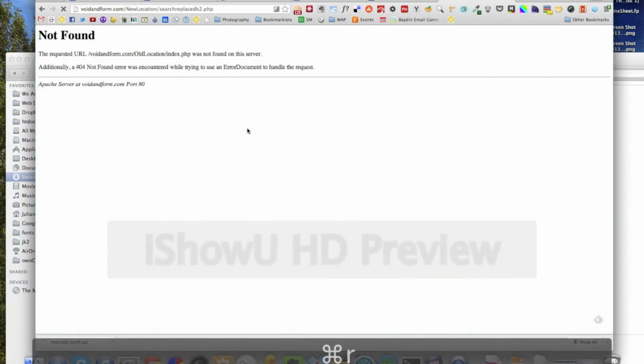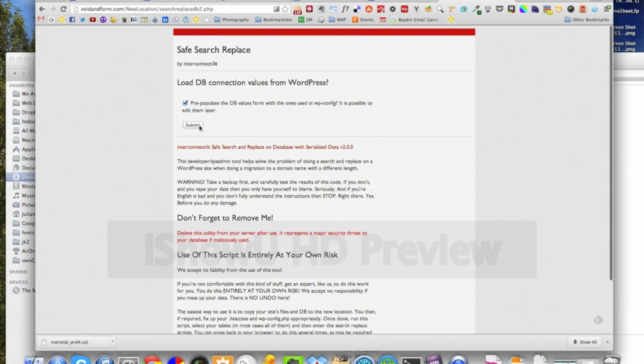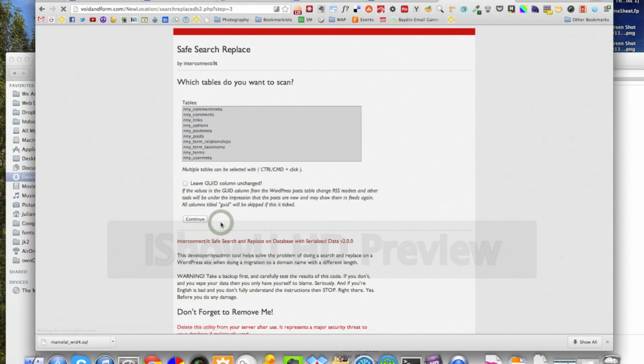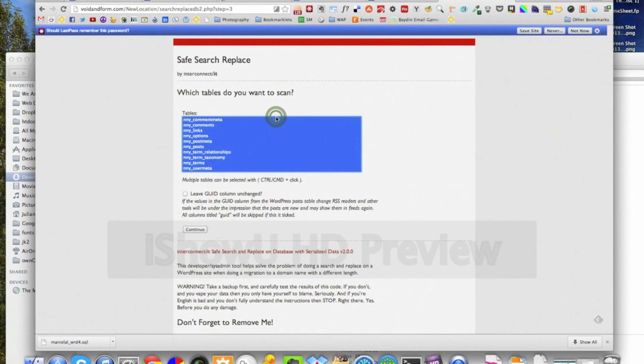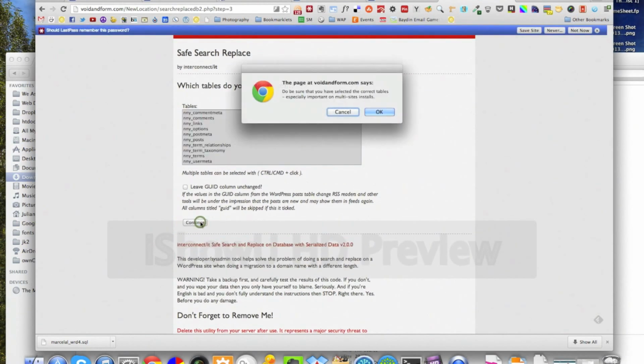Okay, it's finished. Let's try again. There we go. The cool thing about this is it automatically takes the info from your wp-config file. So all you have to do is press a couple buttons, select all your tables, press continue,